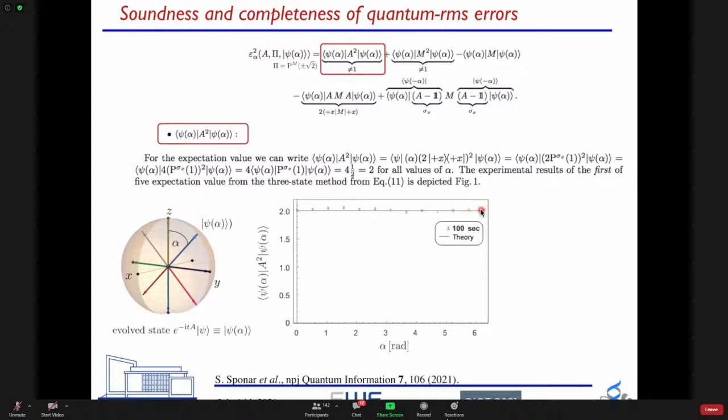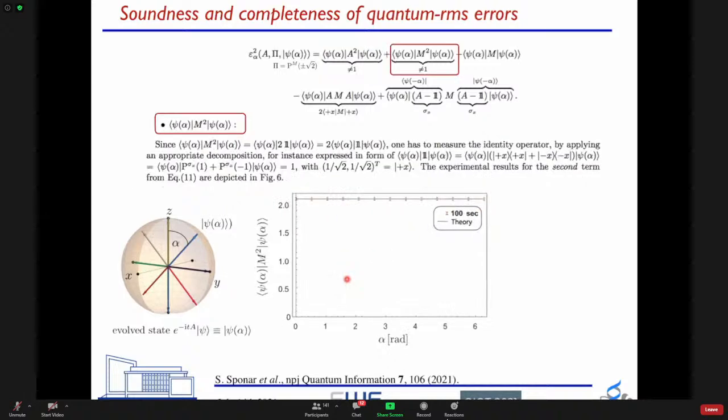But in what sense then is it state independent? Because you are taking the supremum over all states, right? Yeah. So all this is always plotted against all or several values of alpha. Of course, here, since it's orthogonal to x, it's always the same. But in general, as we see, for example, here for this term,